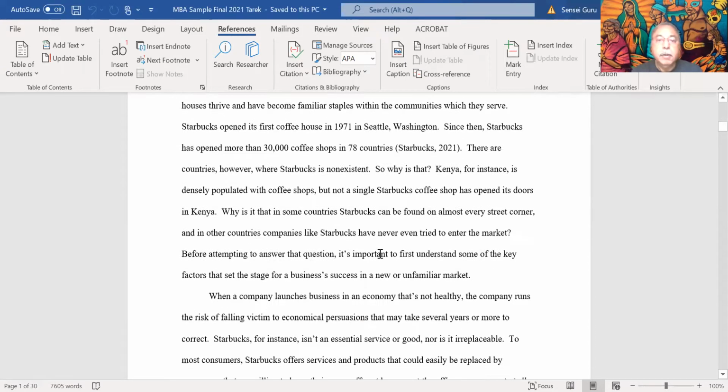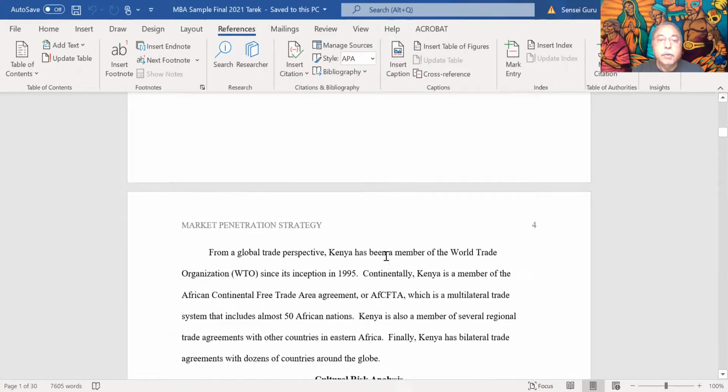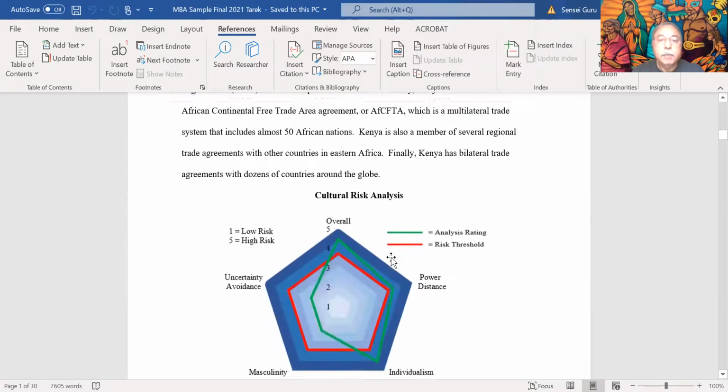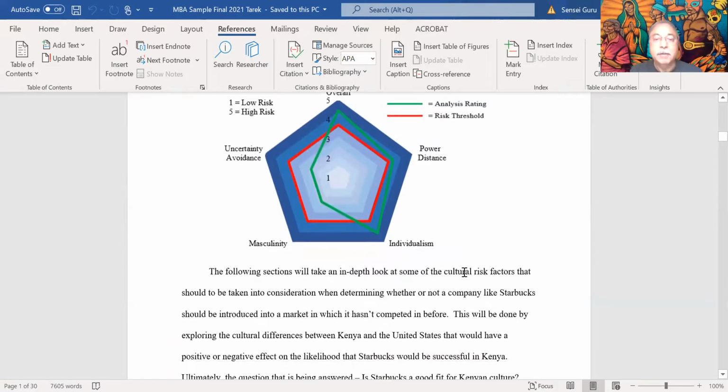I'm going to look into coffee. I'm going to look into this country where I want to introduce coffee, Kenya in this particular paper. And here's my cultural risk analysis. This person did a very sophisticated paper. I just want to explain what they did. They said, okay, 3 is my threshold for risk. If anything goes over 3, I'm not going to go there, right? So they have 2 kinds of graphs, one with the risk threshold and where it is. It's fancy. You have to figure out how to do this fancy stuff, but the simple one is okay too.